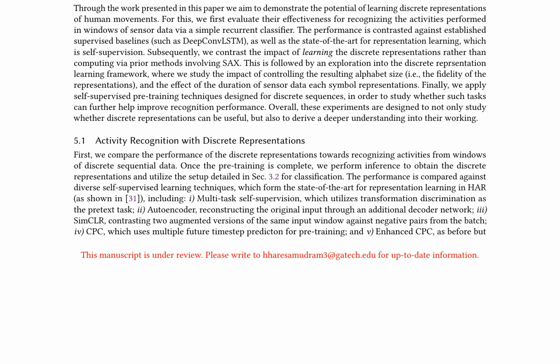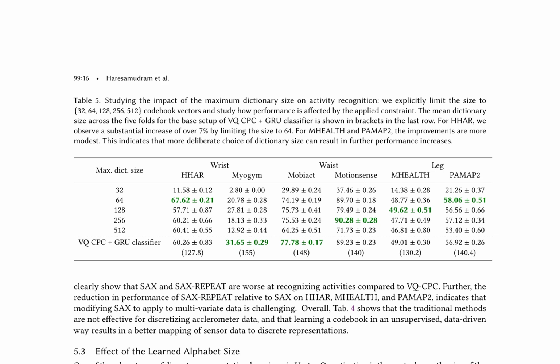The results show that discrete representations perform comparably or better than self-supervised and supervised baselines on 3 of the benchmark datasets, indicating the capabilities of the learned symbols. However, performance varies significantly across different activities and sensor locations, with discrete representations excelling in locomotion-style activities but struggling with fine-grained gym activities. The paper also discusses the use of discrete representation learning for wearable-based human activity recognition, comparing the